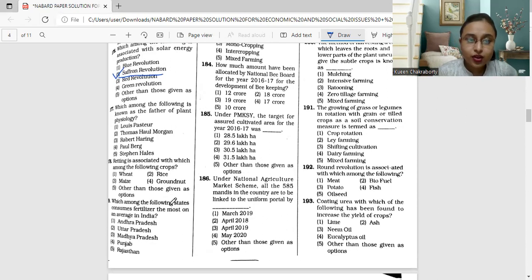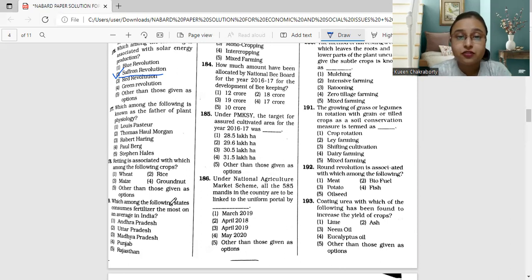Moving on to question 177. Which among the following is known as the father of plant sociology? Louis Pasteur, Thomas Hunt Morgan, Herbert Haring, Paul Berg, or Stephen Hales? Stephen Hales, or Stephen Hales as you want to pronounce, was an English clergyman, and it is considered that